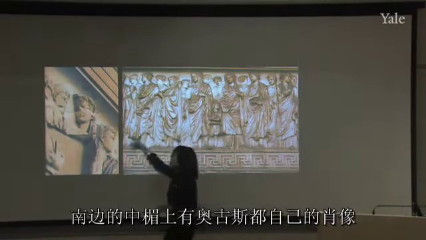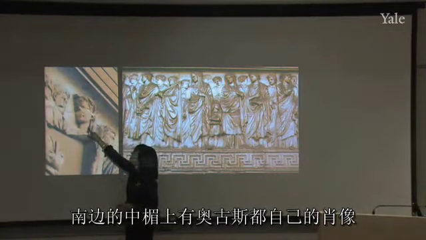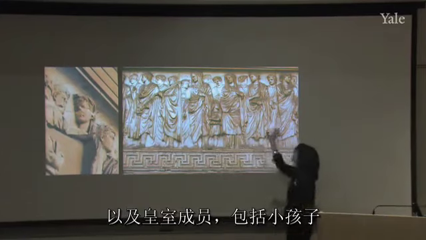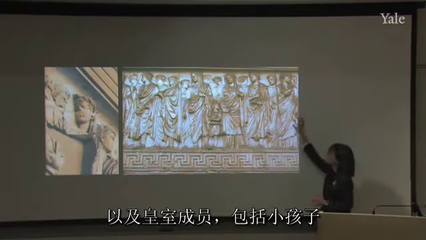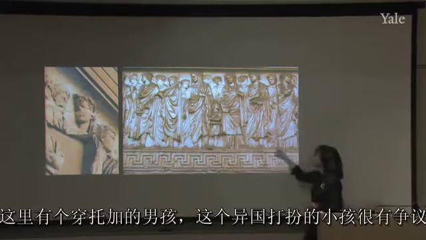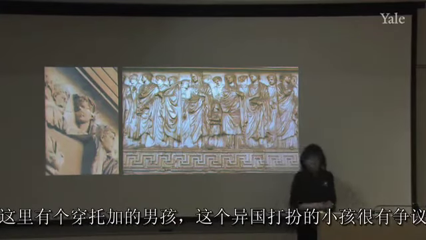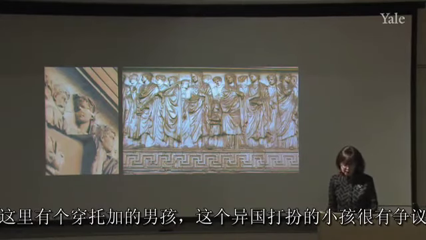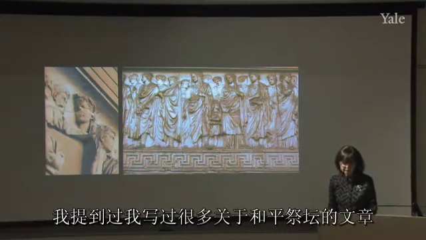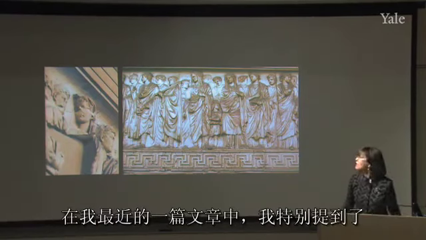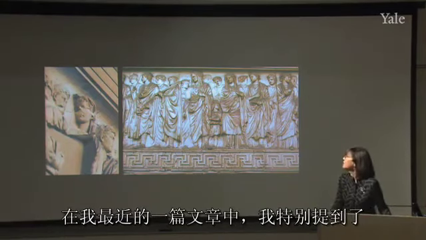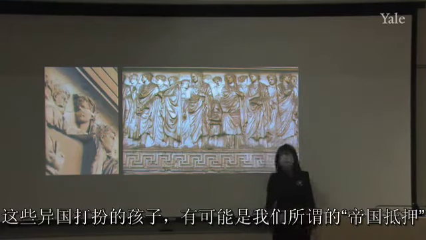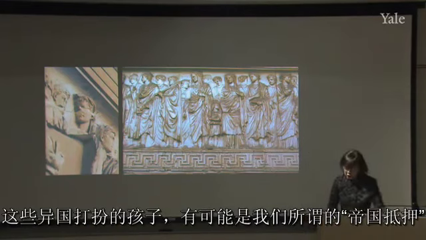The frieze on the south side has a portrait of Augustus himself. You can see him here veiled, taking part in this procession, as well as members of the imperial family, including children. Here's a little boy in a toga, and here's a little boy who's very controversial in some kind of a foreign costume. And I mentioned that I've written a lot on this, and in my most recent article on this subject, I talk in particular about these children in foreign dress